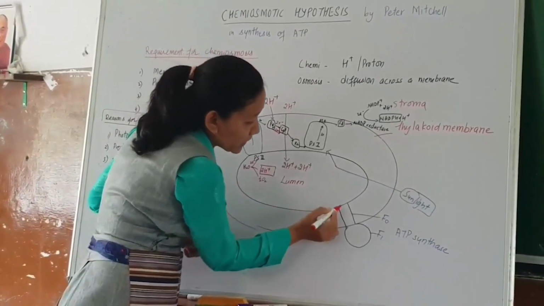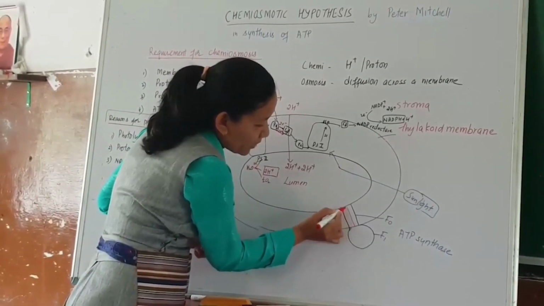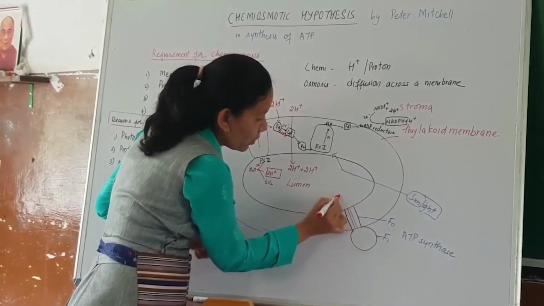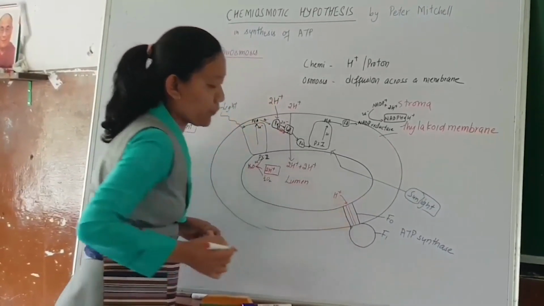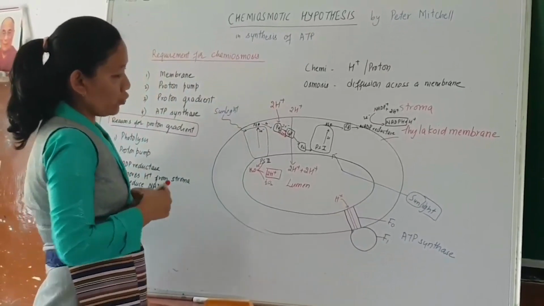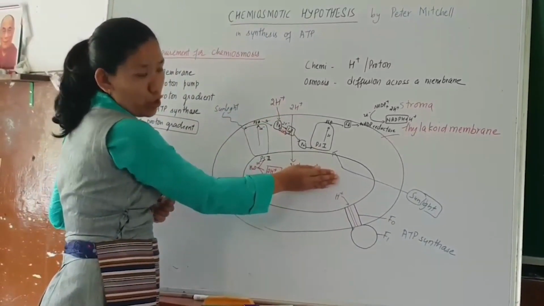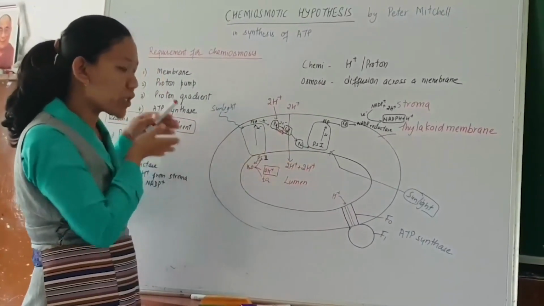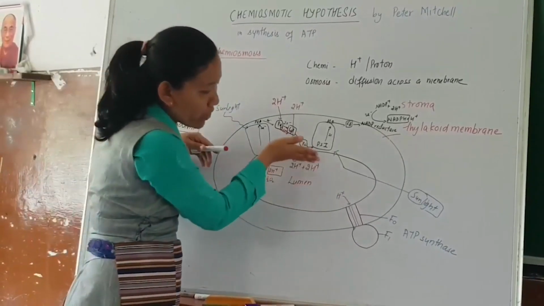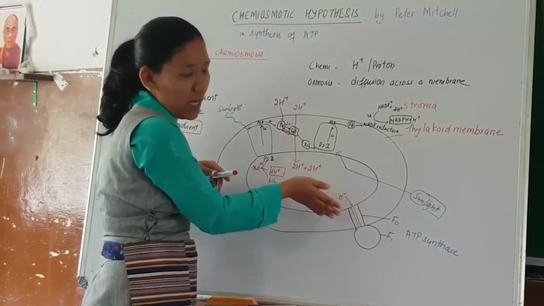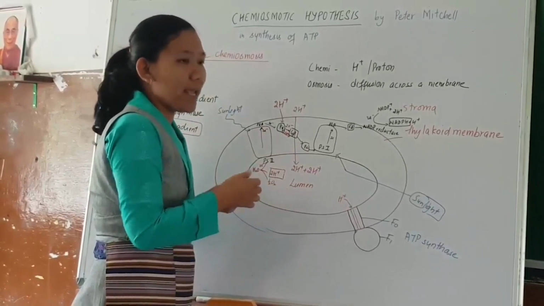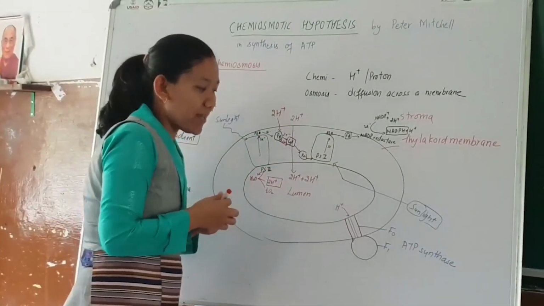So it is through this F0 particle that the proton will go out. Okay, and you know that there is high concentration of proton, and these protons rush out. These protons rush out through this F0 particle, and when they rush out, they create an energy, and that energy